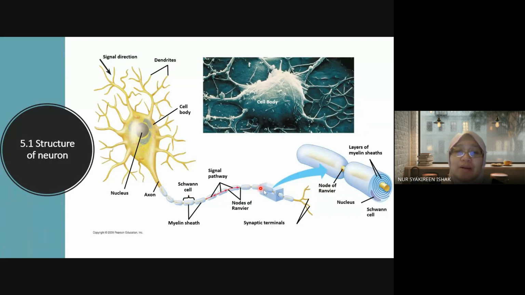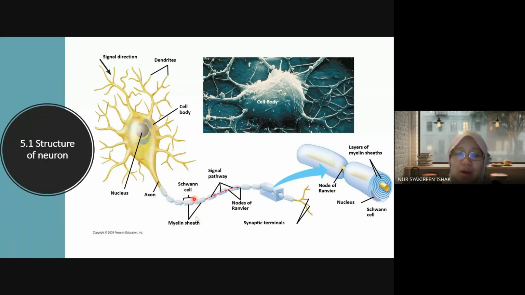If you look at this diagram also, this is the axon region, right? The axon region yang panjang ni is covered with myelin sheath. The myelin sheath is made up of Schwann cells. Dia akan balut, tapi dekat each of that region there will be gaps. That gap we call the nodes of Ranvier. At the nodes of Ranvier ni yang adalah kawasan yang tak di wrap oleh myelin sheath tu, so it is exposed, and